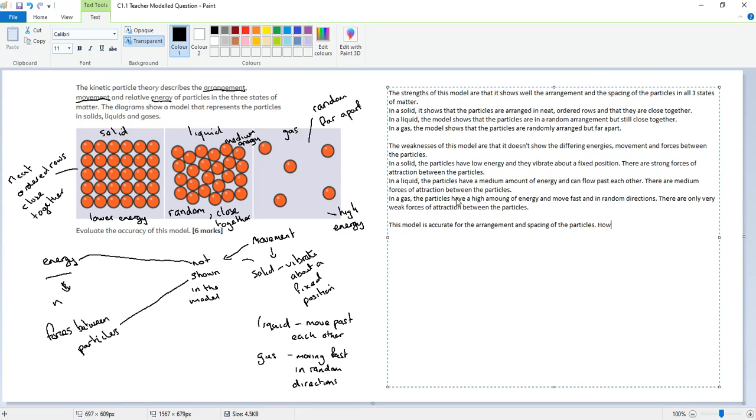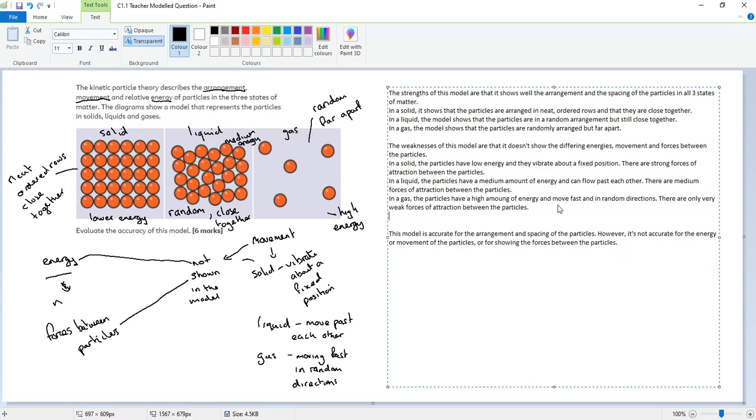However, it does not show, so it's not accurate for the energy or movement of particles or for showing forces between the particles. And the last point, which I've forgotten to put on, is that it's also a 2D model,